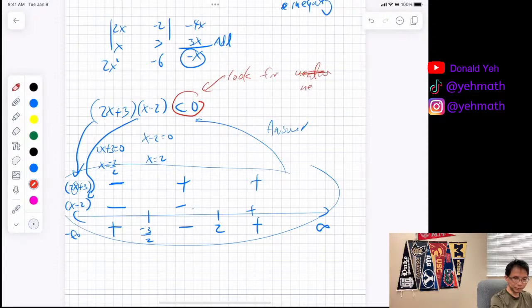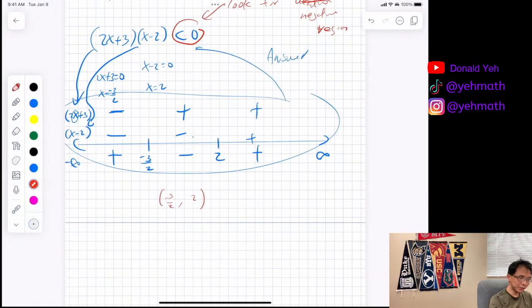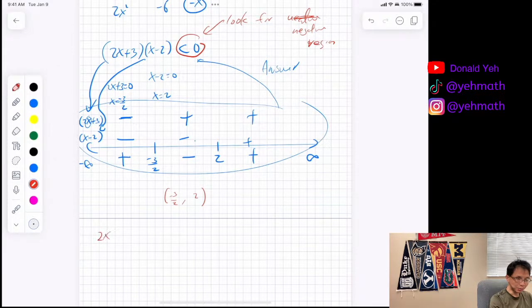Negative region, because they say less than 0. So the answer is going to be negative 3/2 to 2. And that's the answer. Now, if I have the same question, let's say (2x + 3)(x - 2)